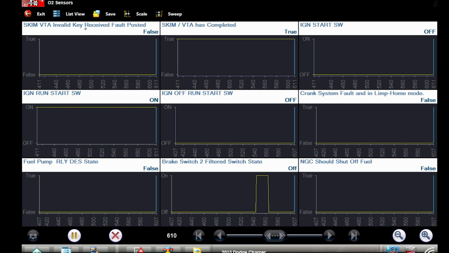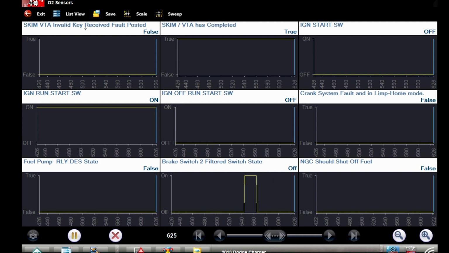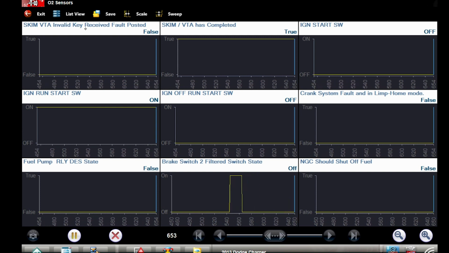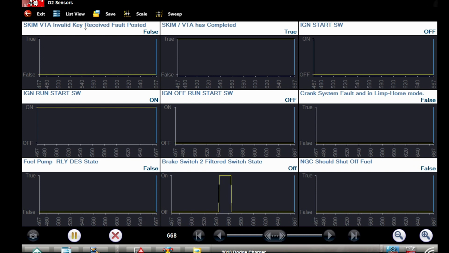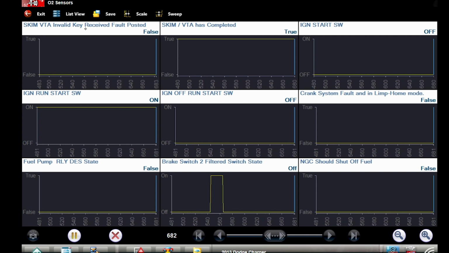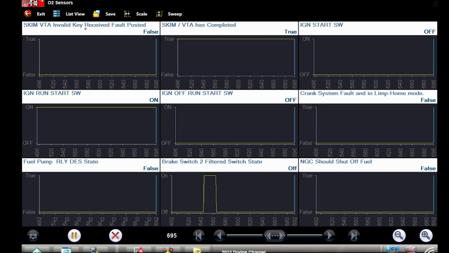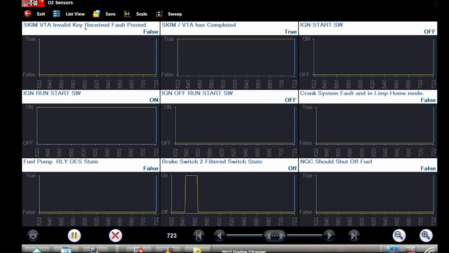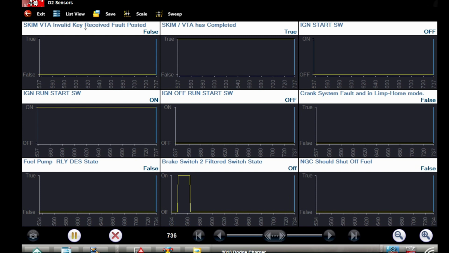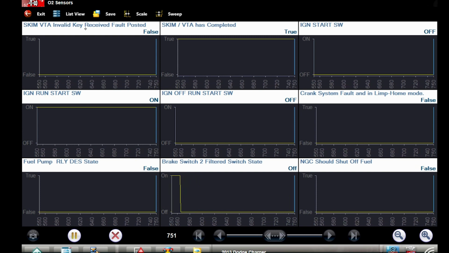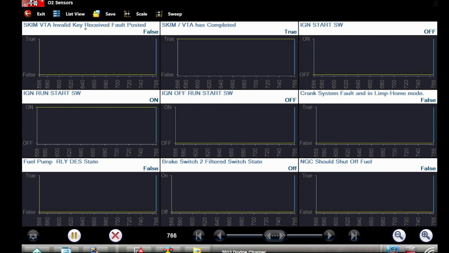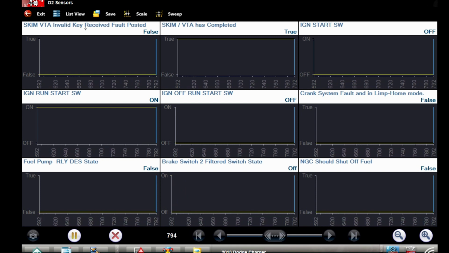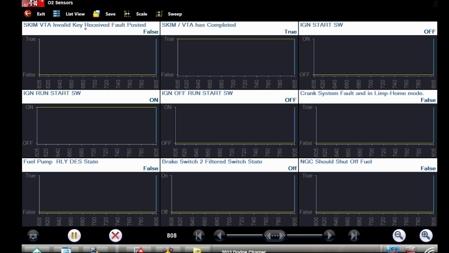And we also see our NGC should shut off fuel is false, meaning currently that our next generation controller, our PCM, sees no reason why it should pull fueling away from the engine. So that once again leads us back to, we've got a lot of things going right, so we can start checking off that list that we've been developing through service information as to things that we no longer care about, to help us go down the funnel and narrow in on the components